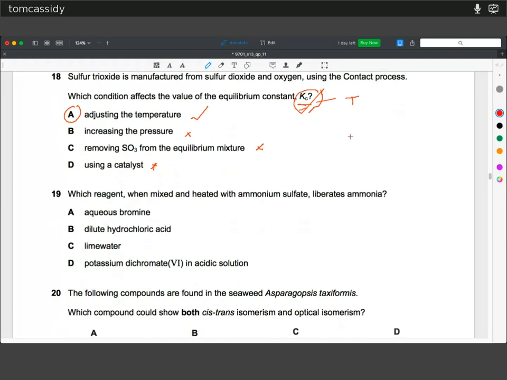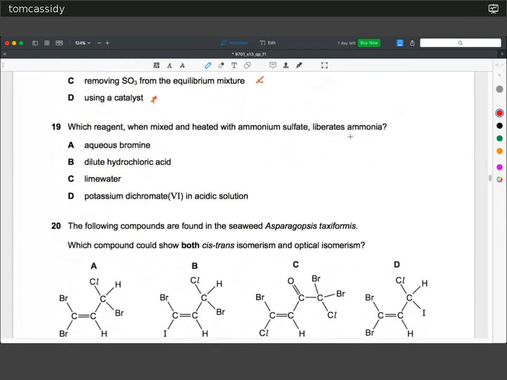All right, 19. Again, this is a bit like the sort of bench tests that you might do when you're trying to figure out an unknown compound. And your test for ammonium, this is,